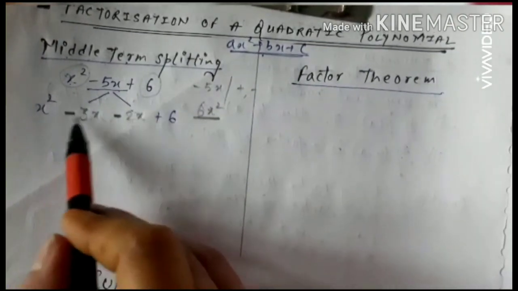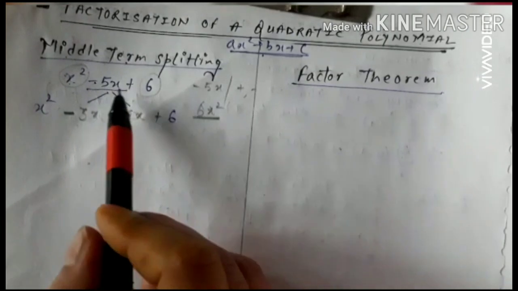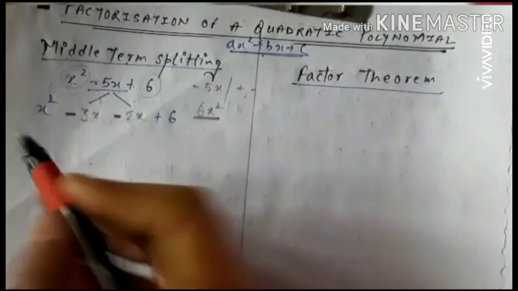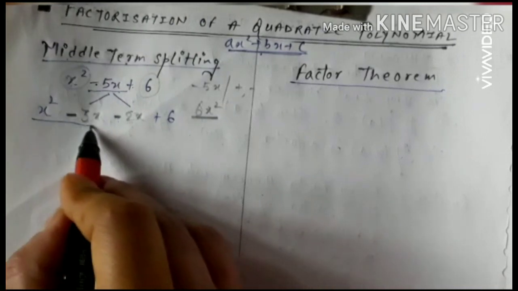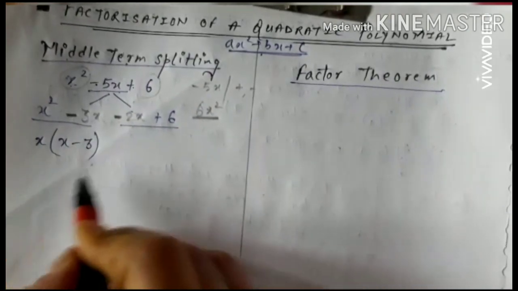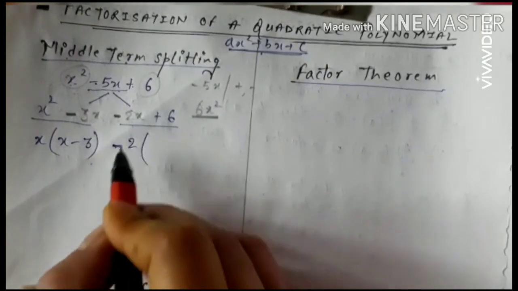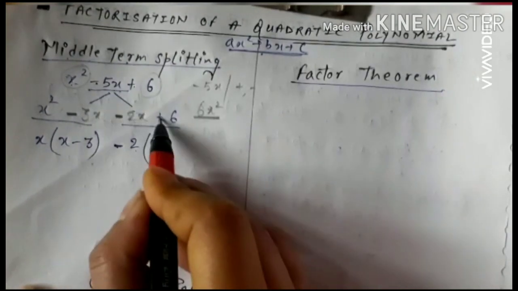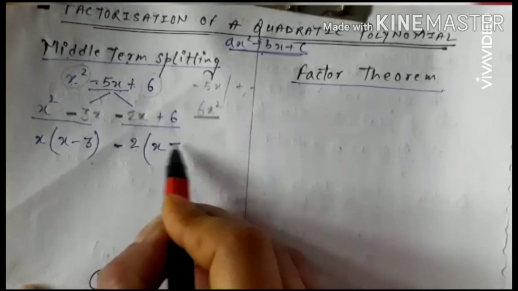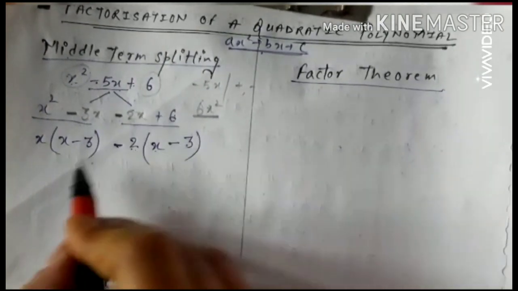Here the signs are the most important thing in this question. You have to keep in mind what the sign is here and what the sign is here. Okay, now it becomes very easy. You have to take common from the first two and from the last two. Here x is common, so it becomes x minus 3. From here we will take minus 2 common. When we take minus common here, it becomes positive. 2 is common, it becomes only x. Here positive, minus we have taken common, so it becomes minus. 2 is common, so it becomes 2 threes are 6. 2 into x is 2x, x into x is x square, x into 3 is 3x.